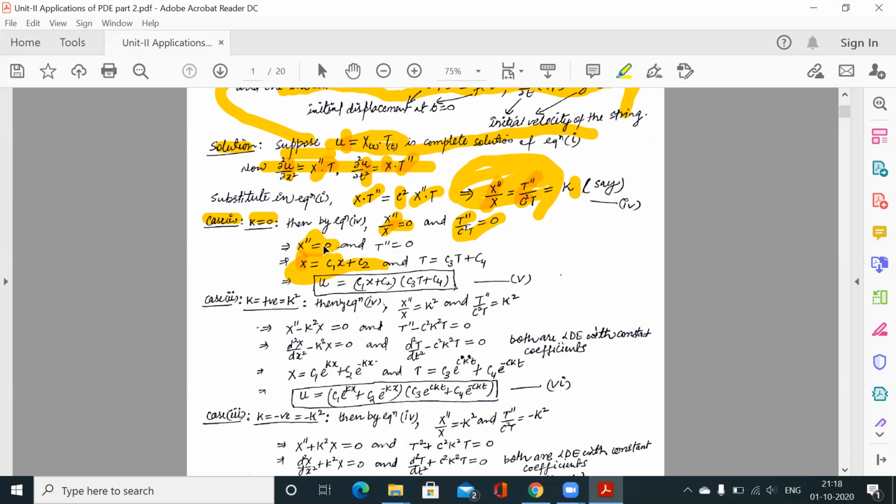And for repeated real roots, how to write this here? It is e to the power mx, the common m value. So m is 0, so e to the power 0x means 1, into what we write, c1 plus c2x. Clear? C1 plus c2x. So in this way, either we can write c1 plus c2x or c1x plus c2, because e to the power mx we write, but m is 0, so e to the power 0x is 1. So this is in that way.